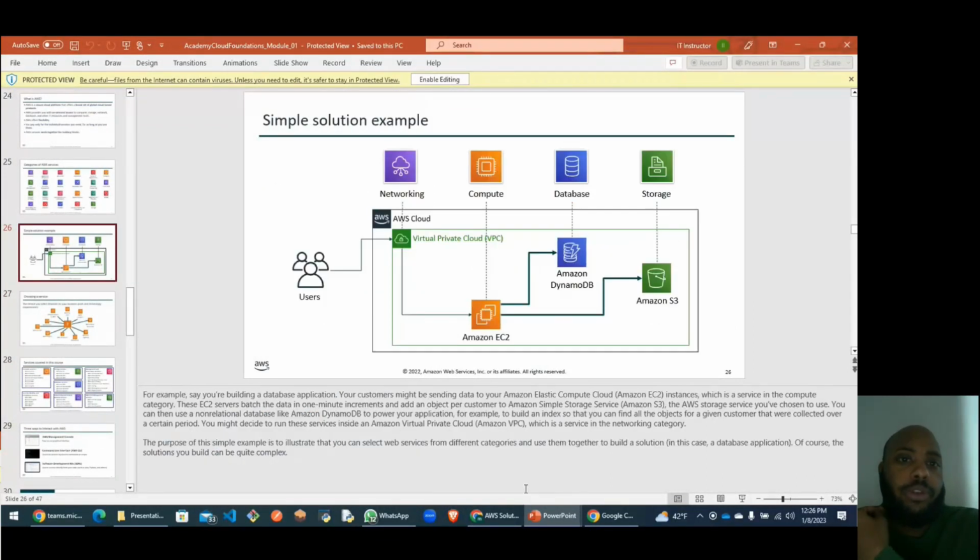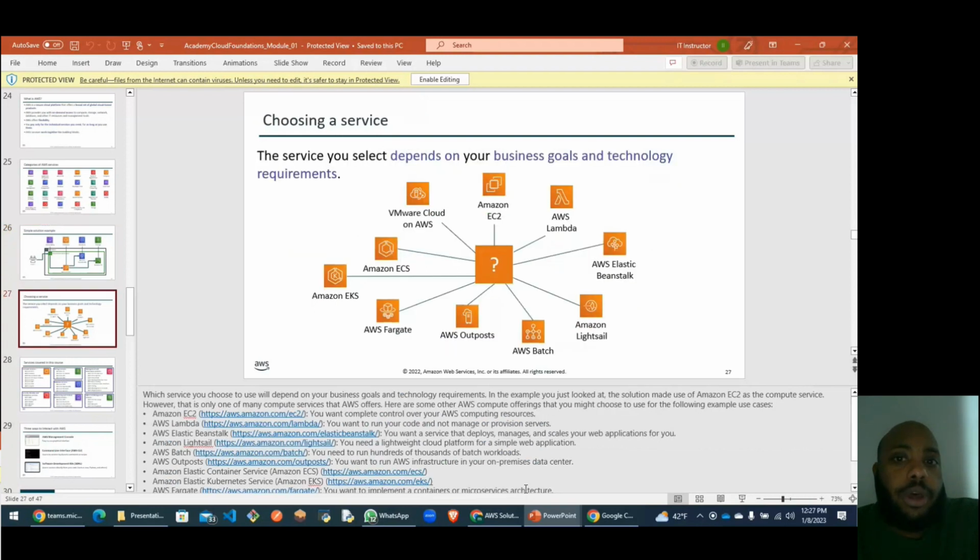So we saw the simple example of how to put those services together to create a solution for a given problem. But we're going to see how those work in a bigger problem scenario, where we'll get to creating those solutions. Now, choosing a service,